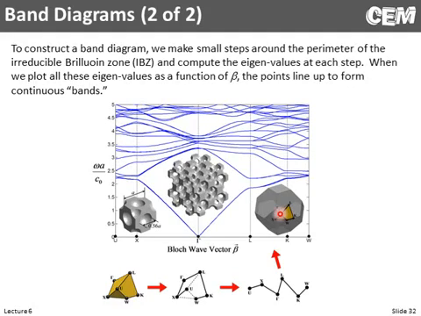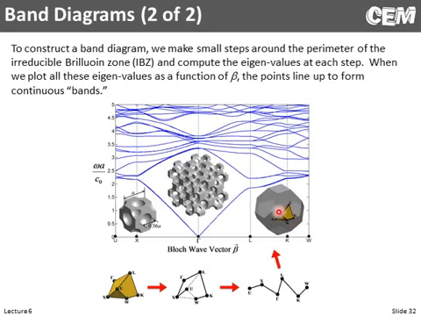Now what we want to do to completely characterize this unit cell, we would have to iterate through this entire volume in the irreducible Brillouin zone and solve the eigenvalue problem to figure out what the field looks like and what frequency those modes are. That's very time consuming, and 99% of the time we don't need all that. What we can do that's much faster and still give us 99% of the same information is to pick a